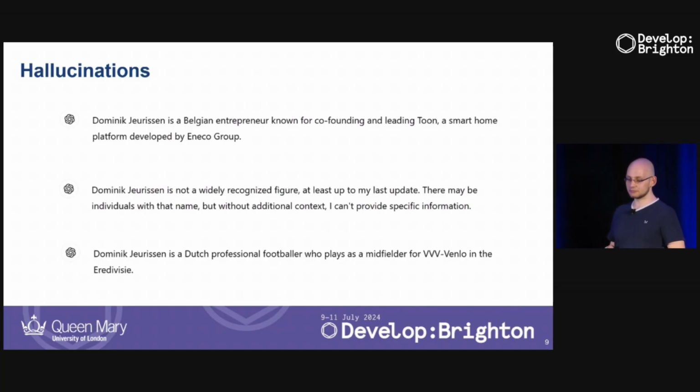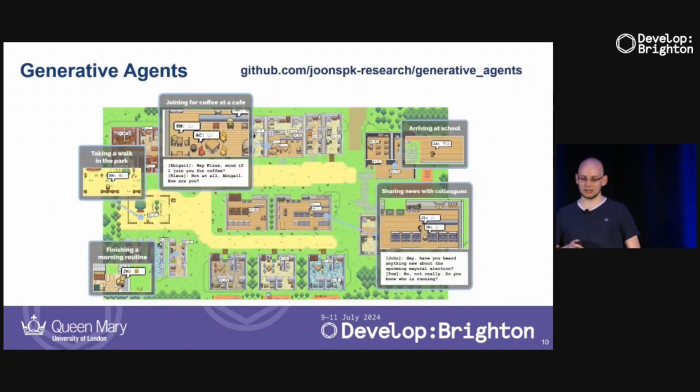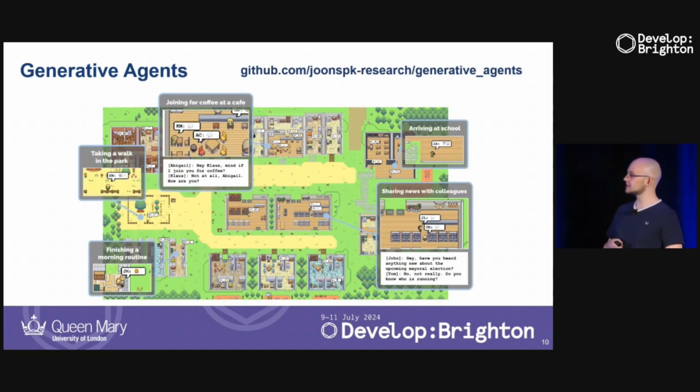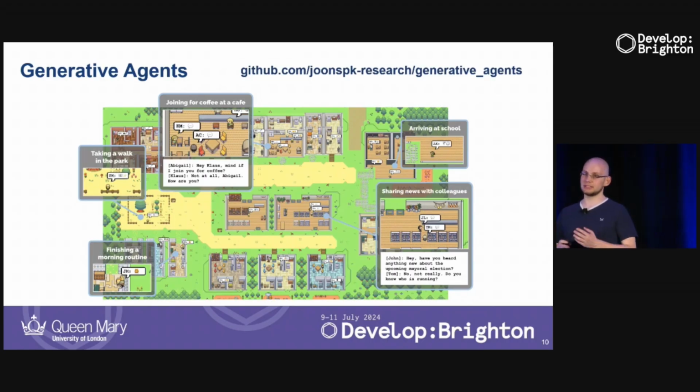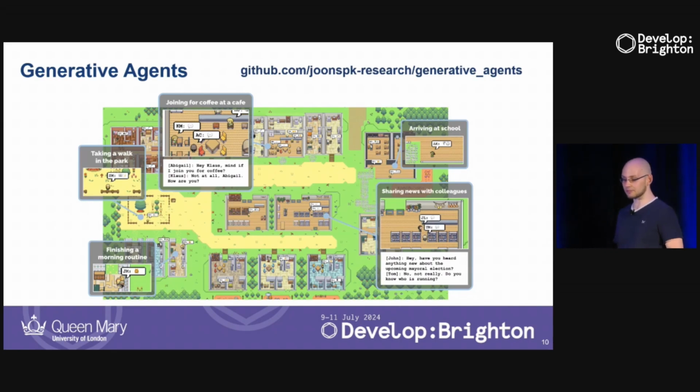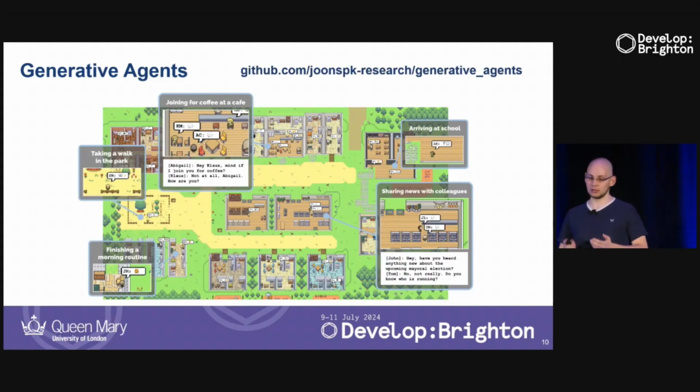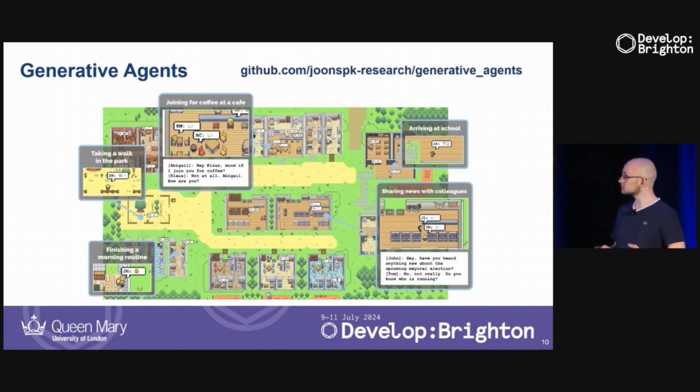So now that we have a somewhat good understanding of large language models, let's look at one application for games. This is one of the papers that essentially inspired my entire research, which is called Generative Agents. In this paper, the researchers tried to simulate an entire town of NPCs using only language models, meaning NPCs have a schedule where they interact with the world over an entire day. And this entire schedule is generated by one language model that defines how every NPC has to act based on its theme.